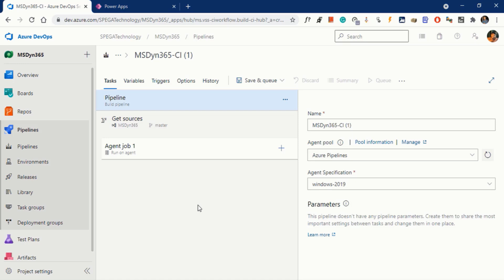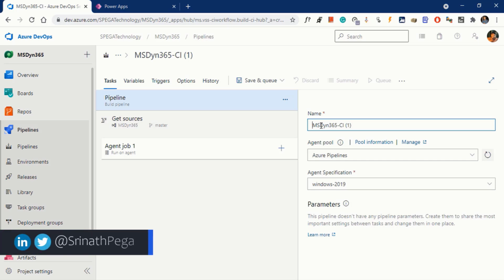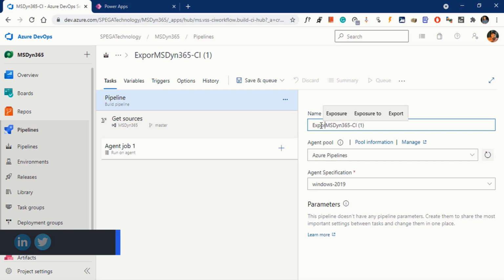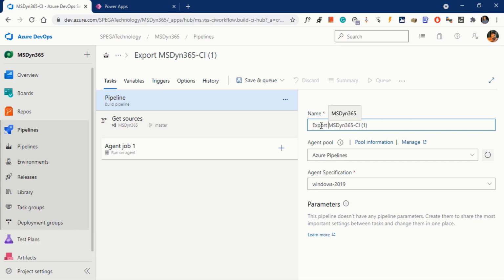So give the name for this pipeline. Click on save.